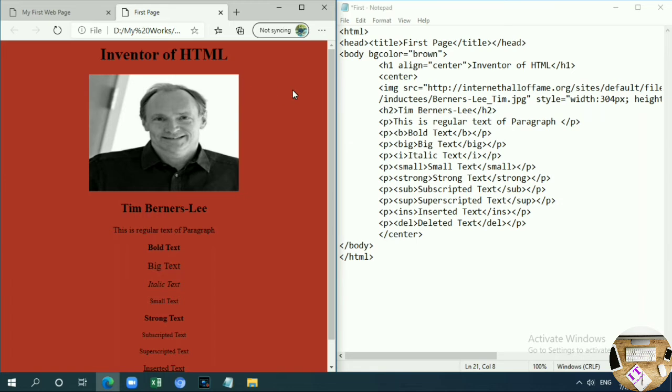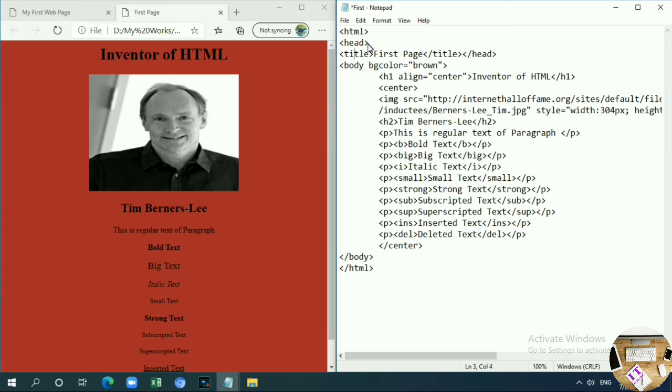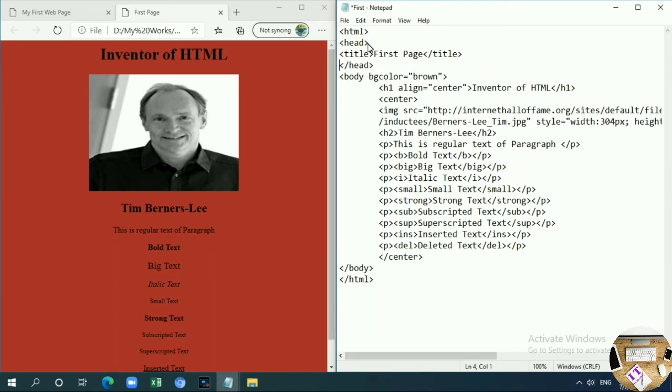The same is happening here. And look here, you can just ignore this one. HTML we have already given from the beginning. We start with the HTML tag, then I gave the head tag. There is no problem if you press the enter key after head.